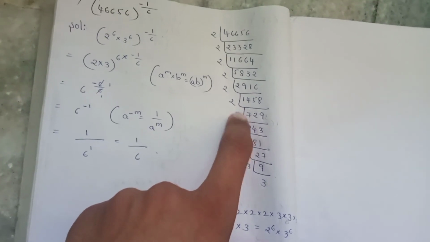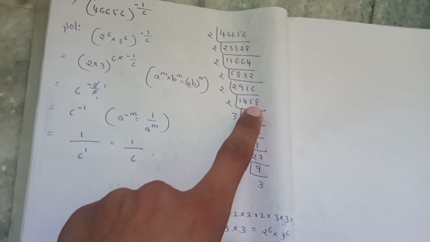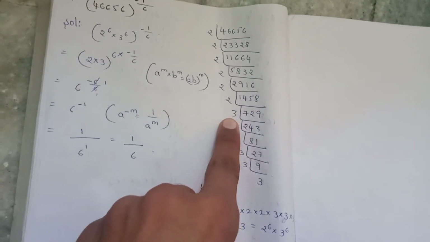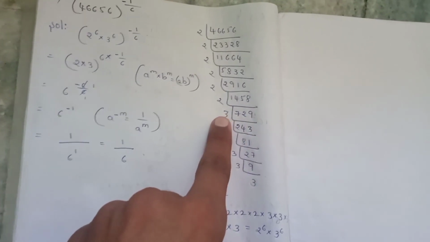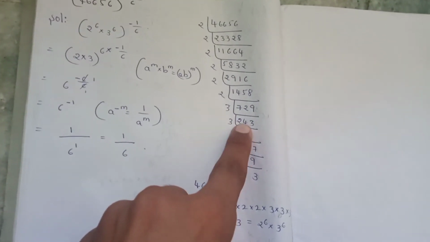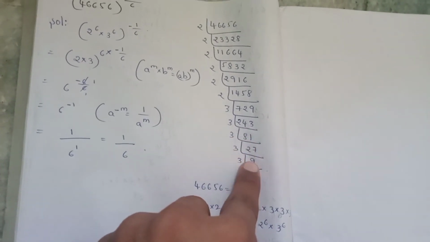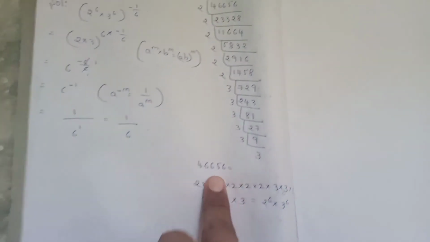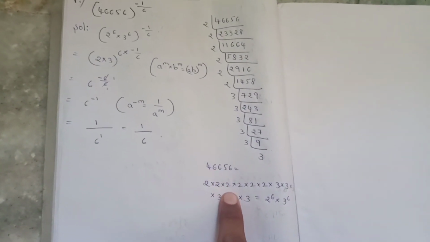See here, 729. 729 is not possible in 2 table. Now we have to take a 3 table. 3 243s are 729, 3 81s are 243, 3 27s are 81, 3 9s are 27, 3 3s are 9. See, 46656 is nothing but 2 power 6 into